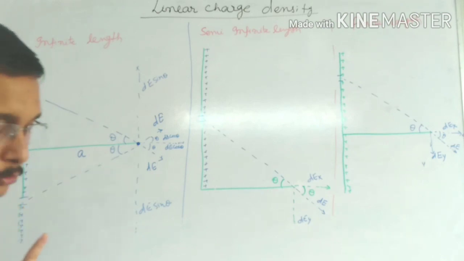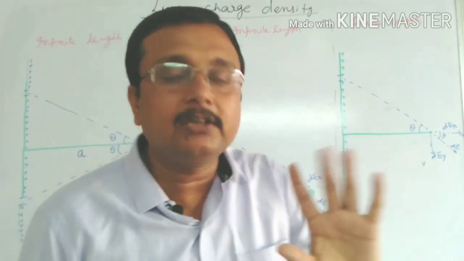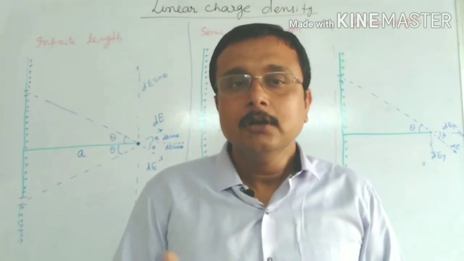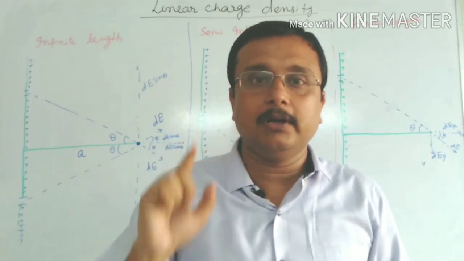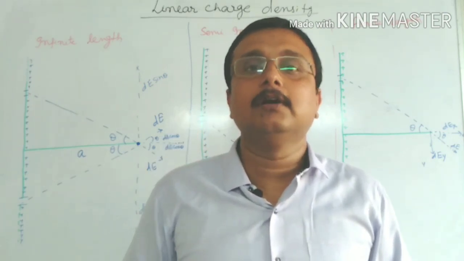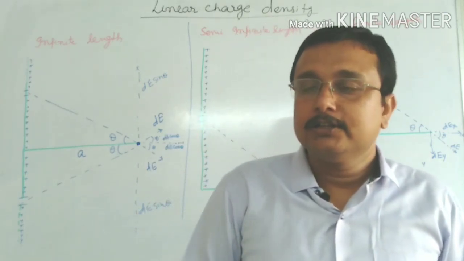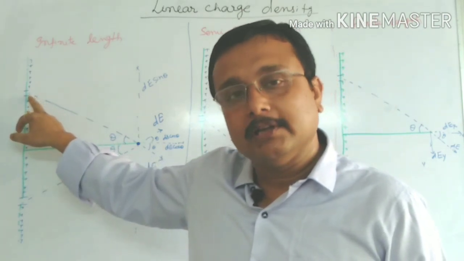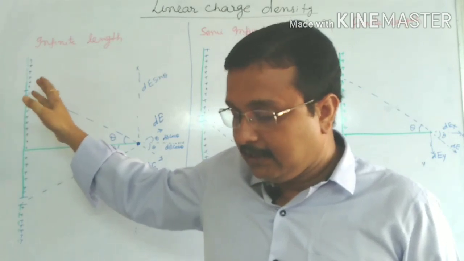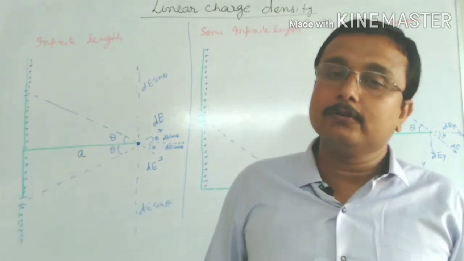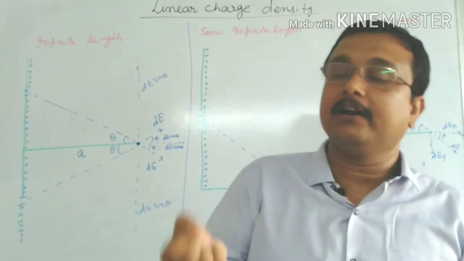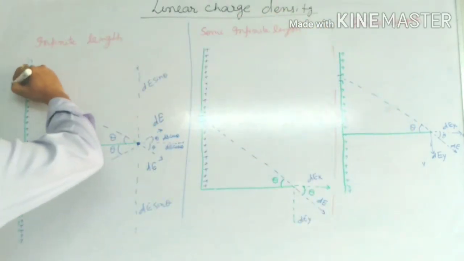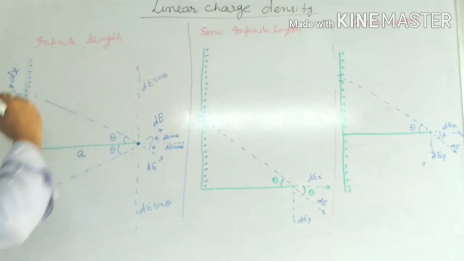We have to take a point charge, because we have to calculate the electrostatic force with the help of the point charge, because that is the only concept that we have till now to calculate the electric field. That's why we are going to consider a point, because a line can be supposed to be made up of so many points. That's why we have taken a point, and the length we have considered for it is dx.